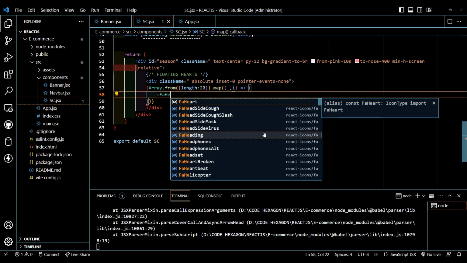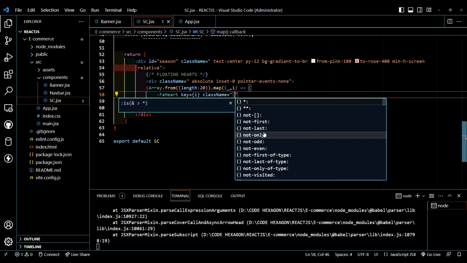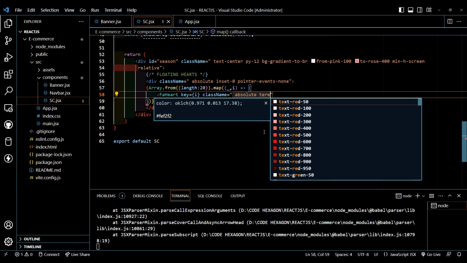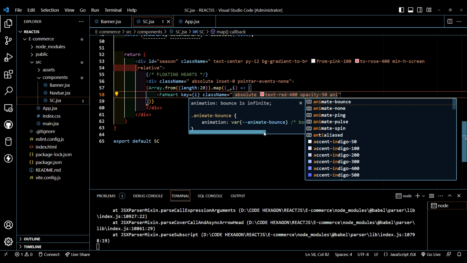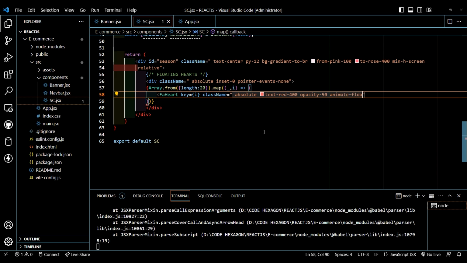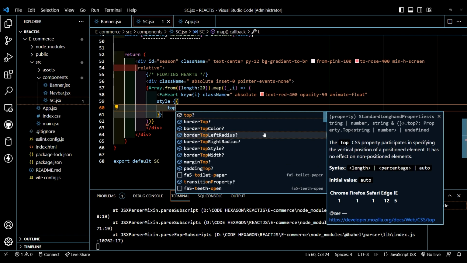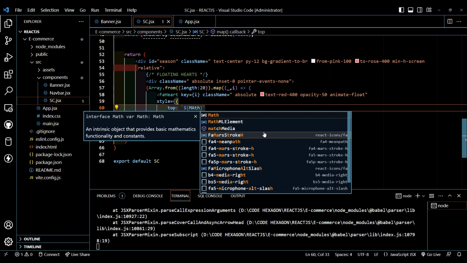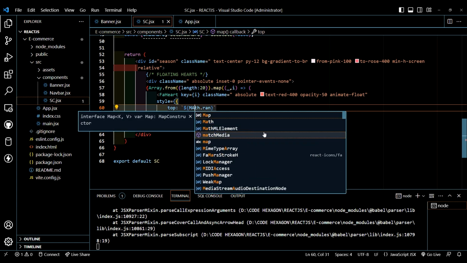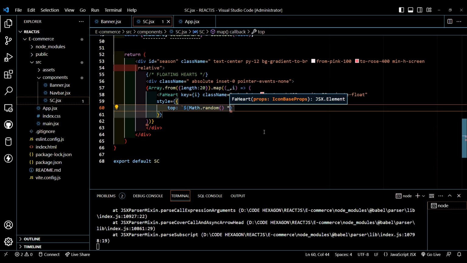Let's type FaHeart, key will be i, class name will be, position will be absolute, text will be red 400, opacity will be 50, animate float. We will type style, and from top it will be backtick ${Math.random() * 100%}